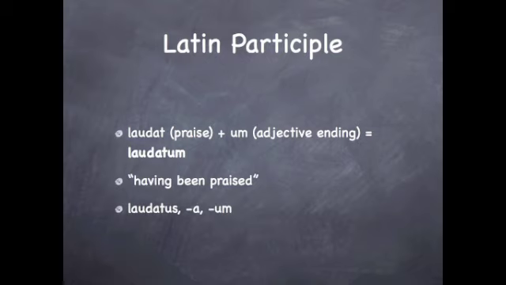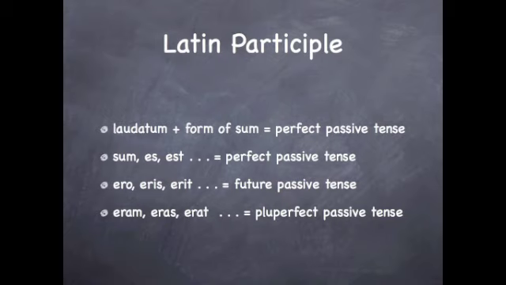So don't freak out about the fact that this is a verb seemingly with case. It's not. It's an adjective simply using an action as the stem. In the same way that we could say, the good boy is running, we could say the boy is good and he's running. It's a very similar kind of thing. So really, it's just an adjective with a verbal stem. With laudatus, laudata, laudatum in hand, having been praised, to make something a perfect passive in Latin, all we have to do is add a form of sum.